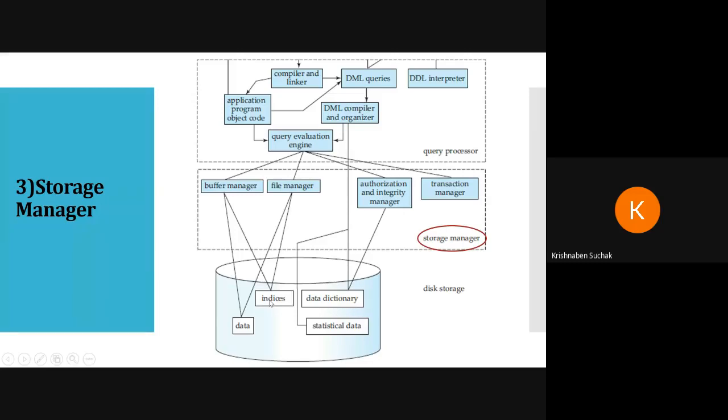Indices is the index of data which is stored here, and what it does is give you faster access. For example, if I'm searching for some data but I have not given an index to that data, then how will I get it? I have to search one by one, right? But if I have given an index, then I will go directly to number 20. Okay, the data at number 20 is there with me. So indices are needed there. Indices will also be accessed by the buffer manager and file manager.